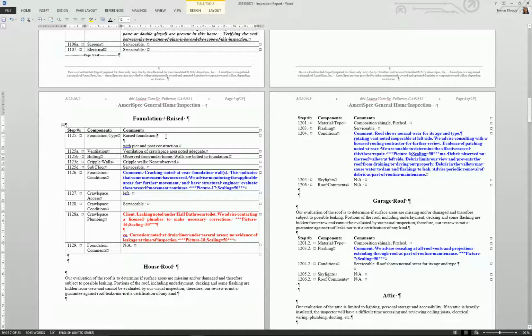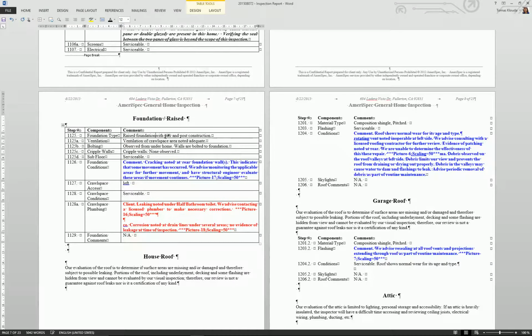Erased foundation with pre and post construction, comment, and then left, serviceable, client, and this CO here means comment, so I'll always copy and paste it here, and then I'm also